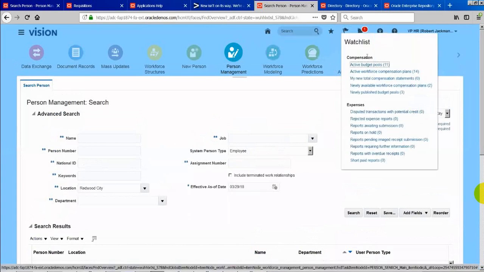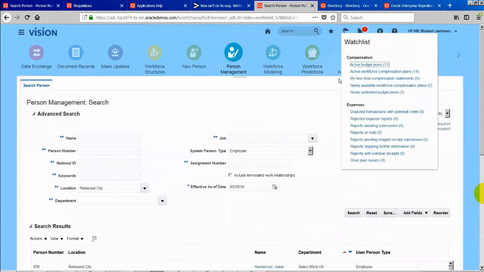And this watch list is basically, maybe you create a new report. That new report is getting created weekly probably, and whenever a report is created, you want to make sure that it is in your watch list, and you want to navigate quickly to look at that specific report or specific task that is getting populated on a frequent basis, and you can access it from there.